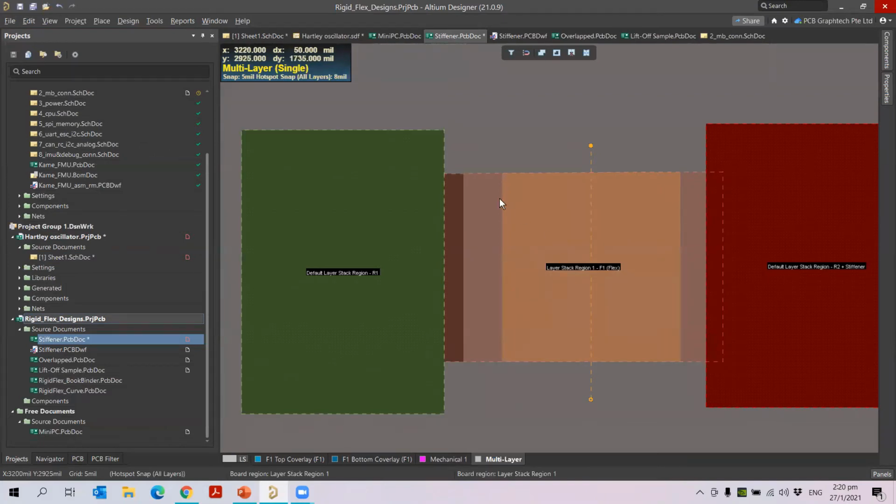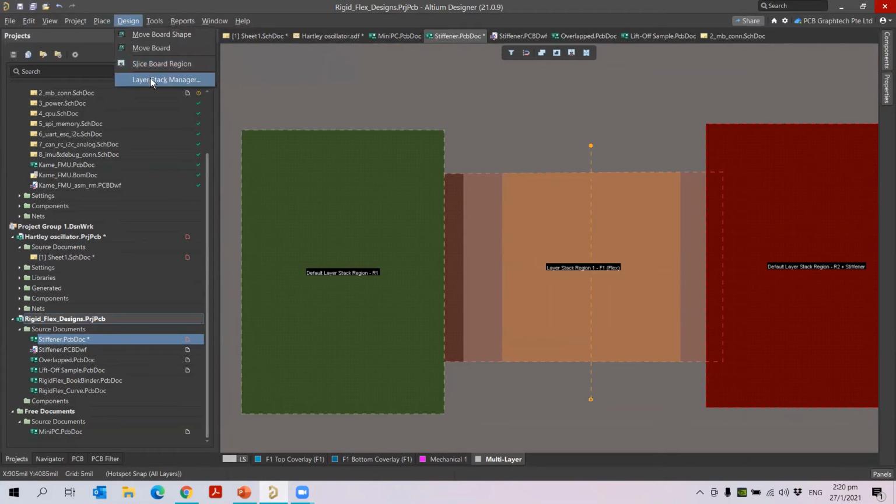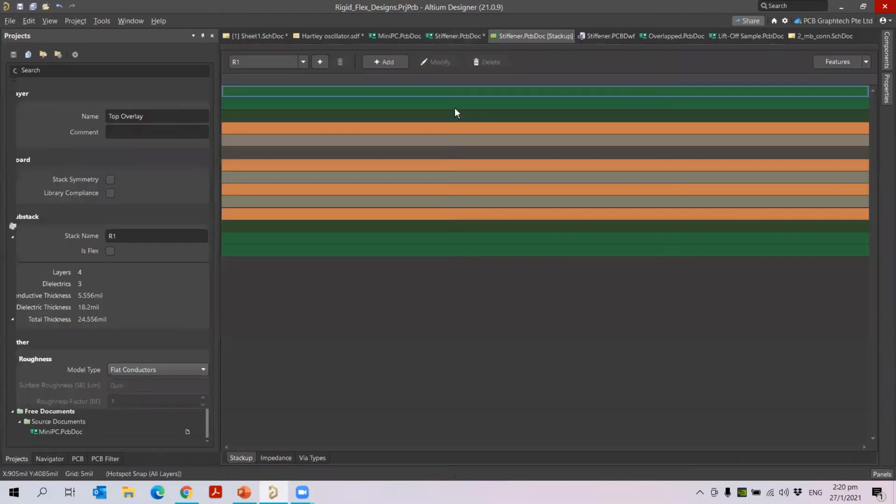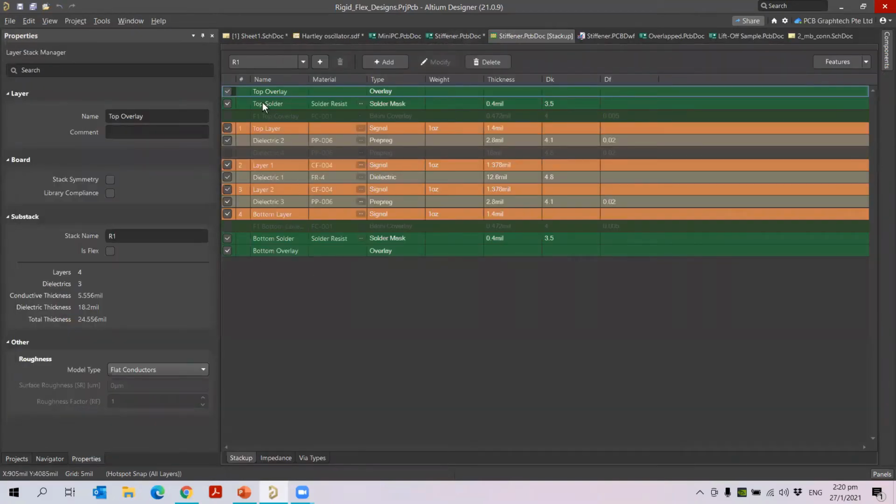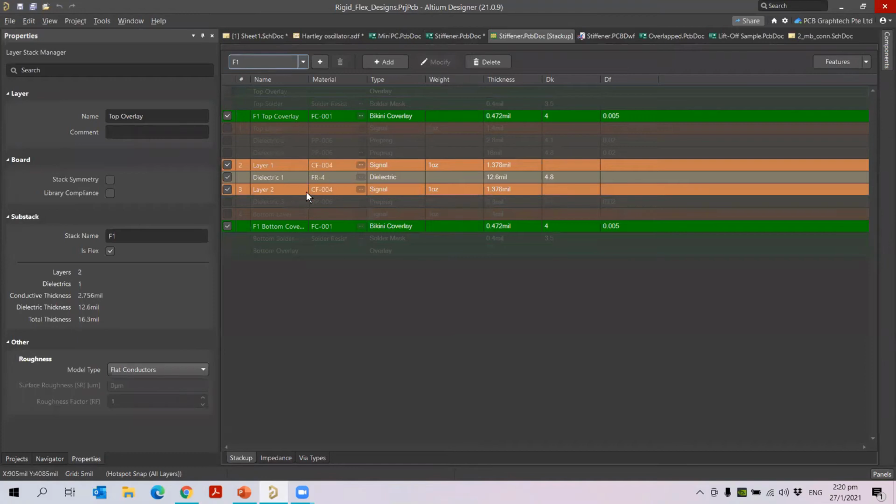So now I'll go for the board layer stack manager to show you how to add stiffener or adhesive layer. Once you open, you will see the different layer stack ups. So this is my rigid stack. Then when I go to F1, you will see the flex stack up here, followed by the layer stack manager properties.